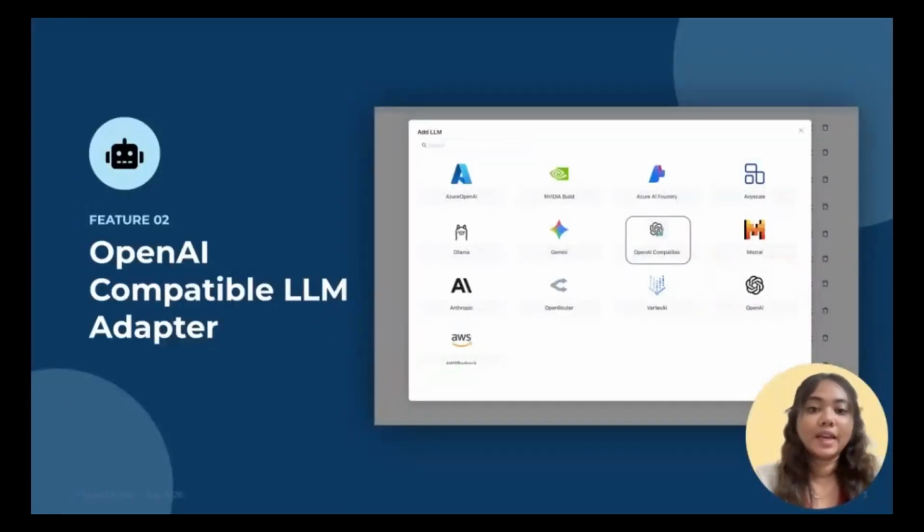Update number 2, OpenAI compatible LLM adapter. Just like S3 became the standard protocol for cloud object storage, the OpenAI API has become the standard for LLM calls. OpenRouter, LiteLLM, and others already follow the same format. So if you need to access dozens of models on OpenRouter but can't find a dedicated connector, then this update is for you. Unstract now has a generic OpenAI compatible adapter that works with any provider following the OpenAI API spec. Just plug it in and you're connected. No more waiting on us for building a new adapter for every provider or private inference endpoint.